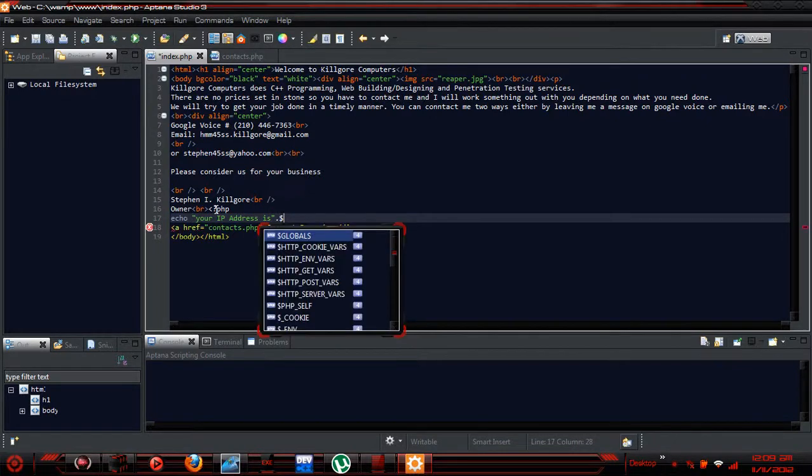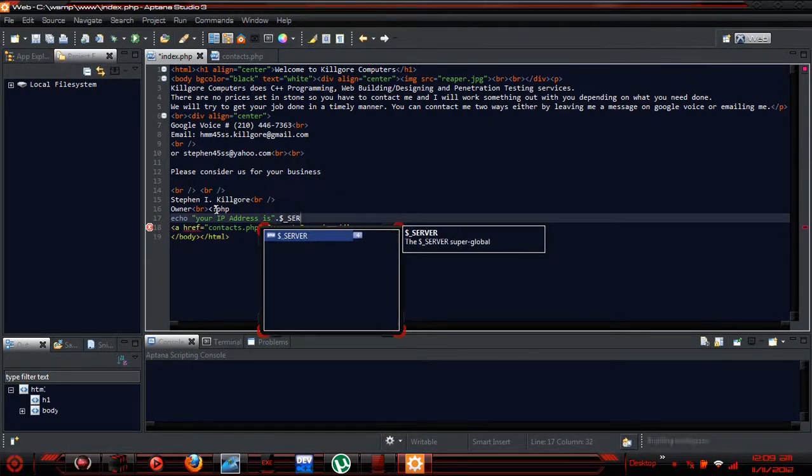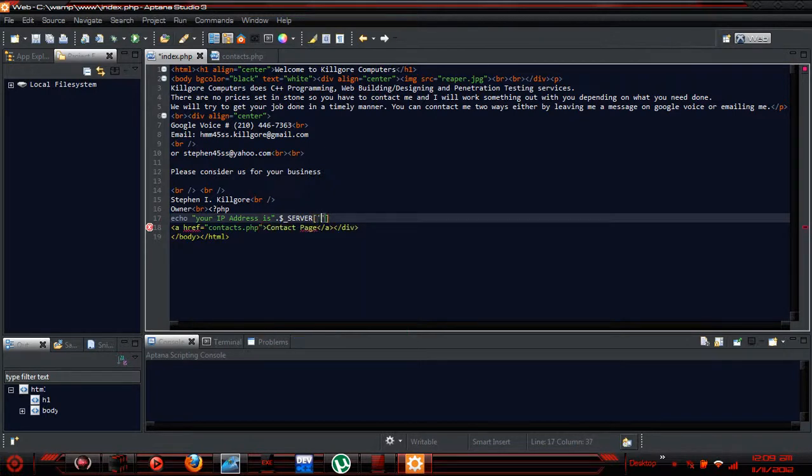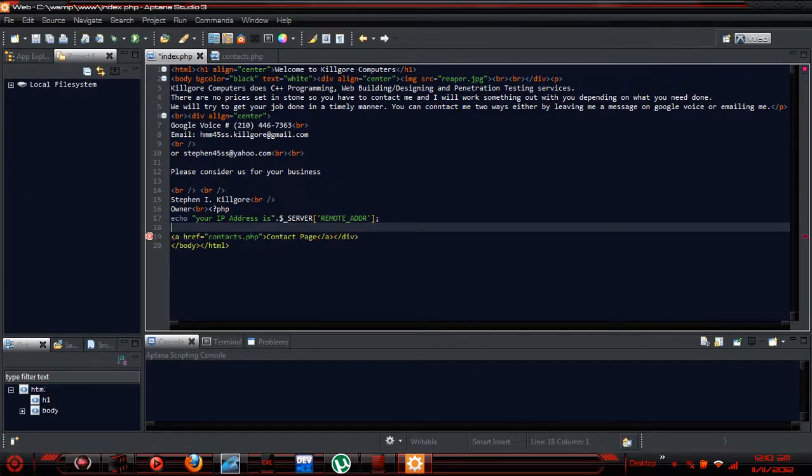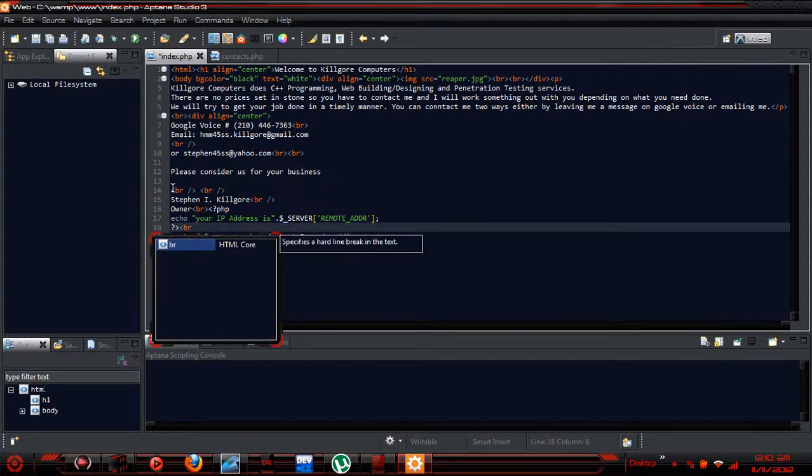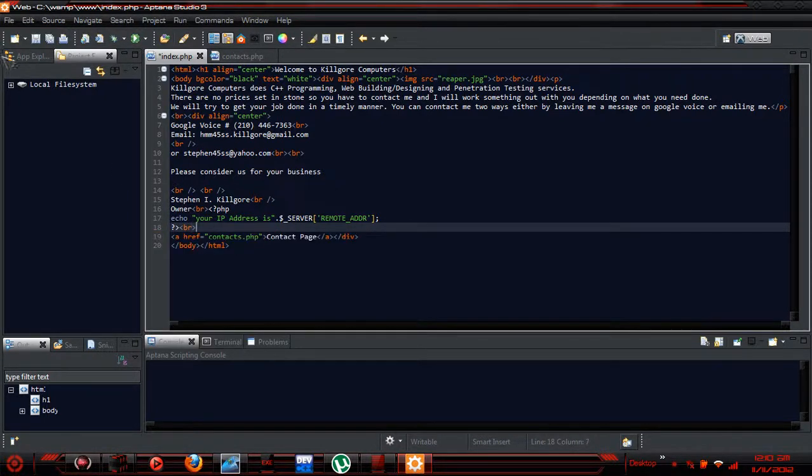So, and then server dash, and it would be remote underscore ADR, which stands for address. And then I'm pretty sure we have to do this in the script too, and then close it off with that. And now I can do a break, and then we can save it,